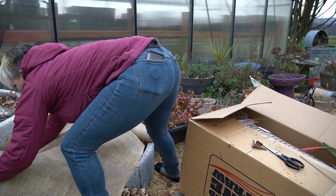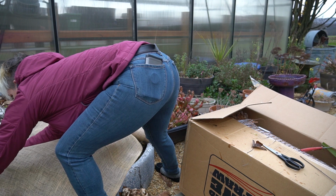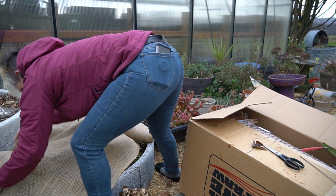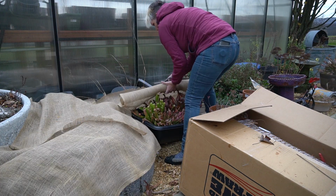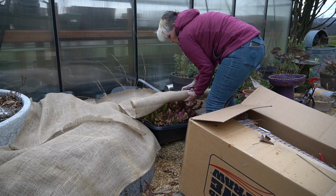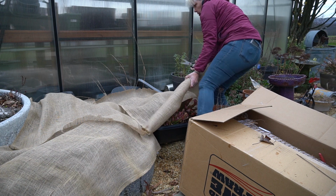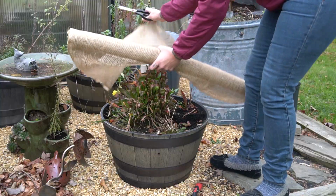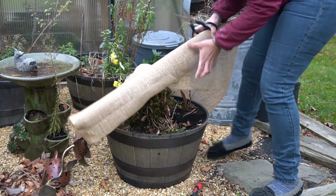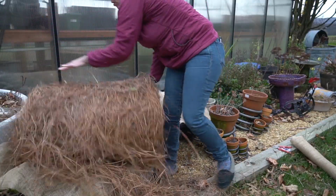The purpose of the burlap is to prevent this top coating from getting into my bog garden. It's also breathable, but it's mainly to keep a barrier between my garden and the pine litter that I'm using here. Now, there's lots of different strategies for overwintering. I like to use this burlap, then I'll put 6 to 10 inches of this pine litter on top,